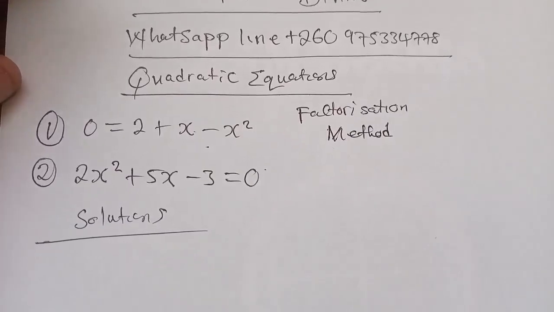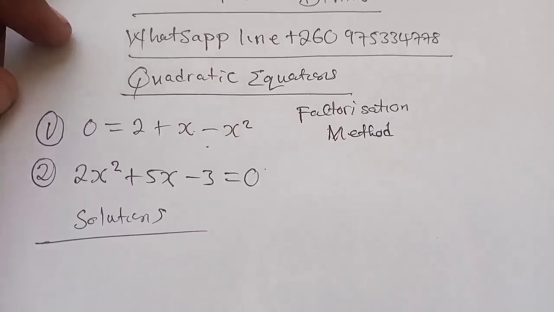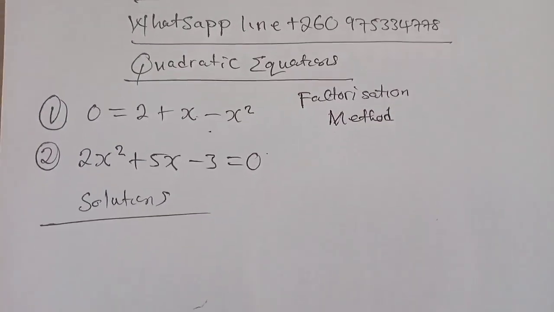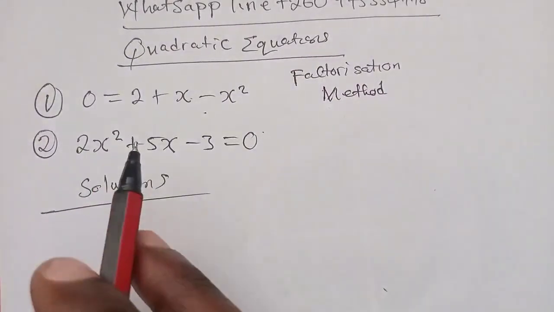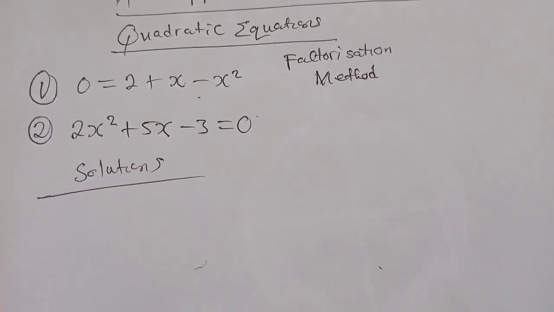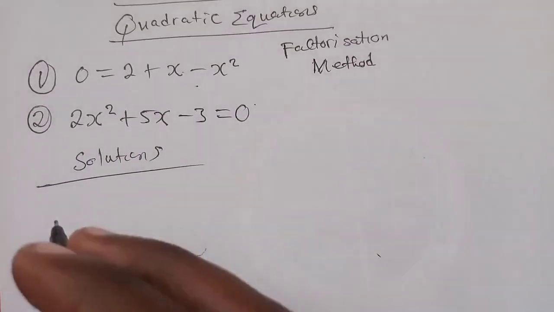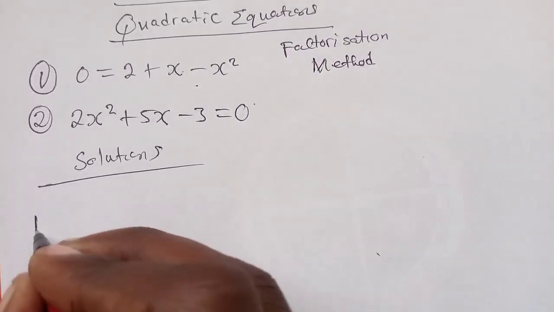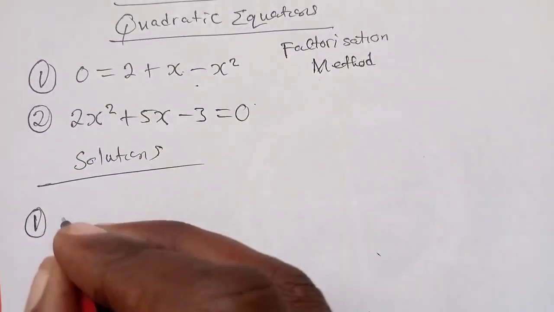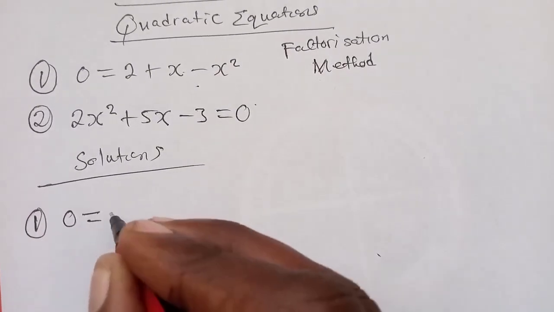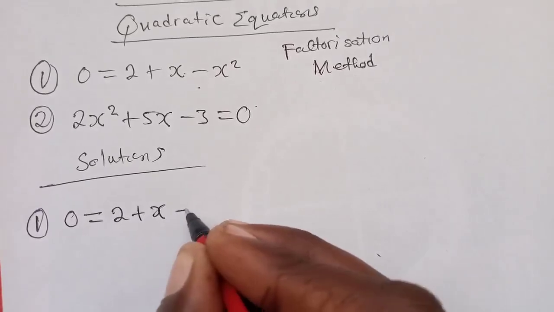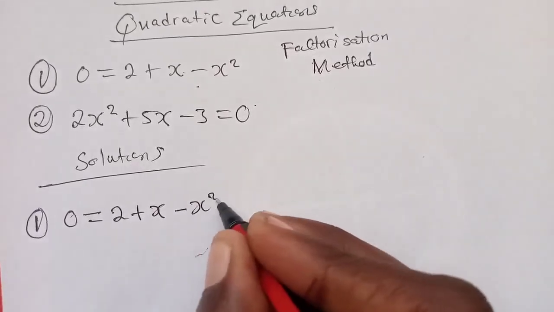So I want us to do more examples of quadratic equations using factorization method. Here we have these two questions. These are the questions that we are going to solve. So we have number 1. Solutions. Number 1. We have 0 is equal to 2 plus x minus x squared,